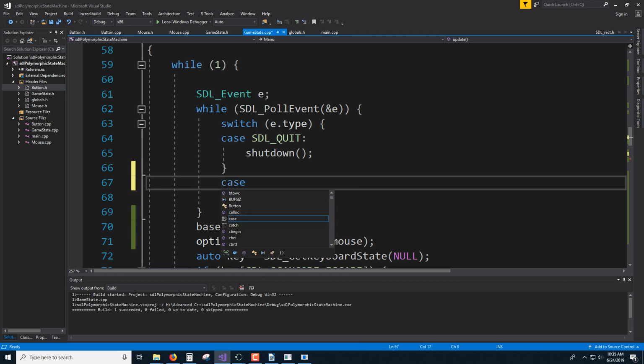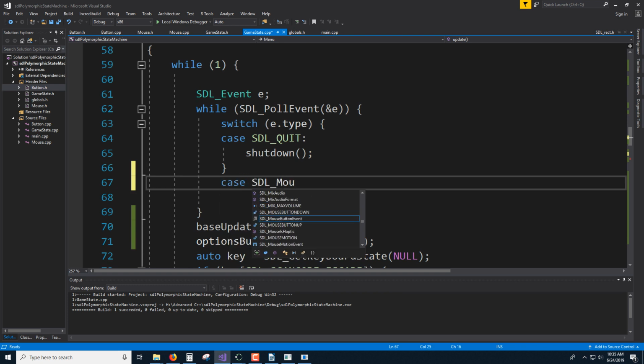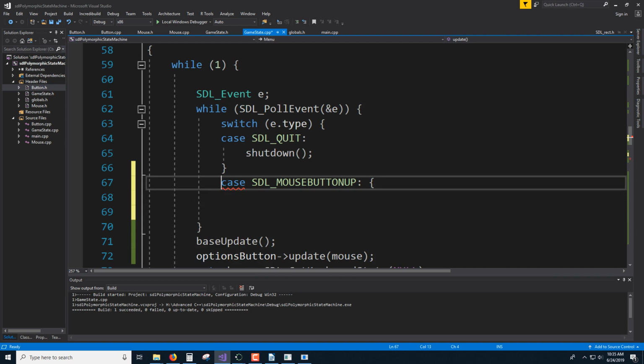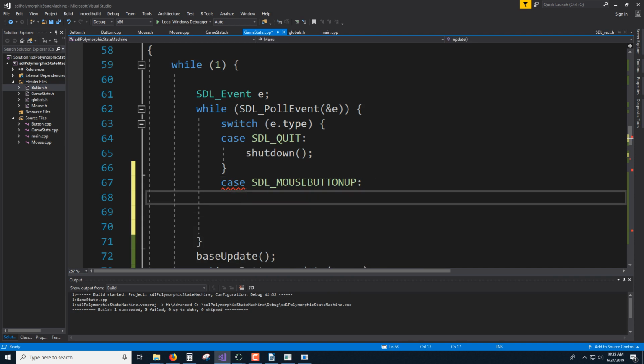So case SDL mouse button event, or mouse button down is usually bad. You usually want to go on up. No, I don't want curly braces here. This will be any mouse button coming up, but you can specify, if e.button.left or something, then we'll get there. But this should work for any mouse button coming up. If options button is selected,